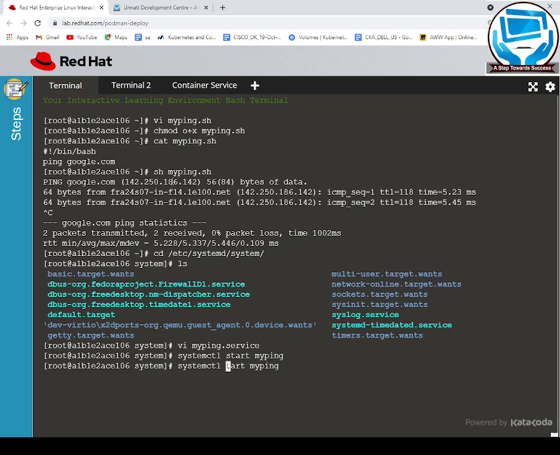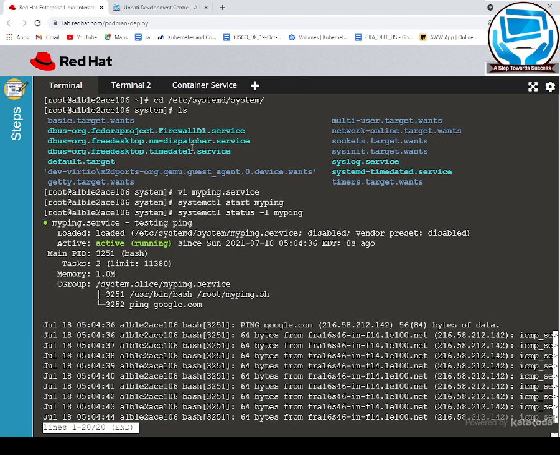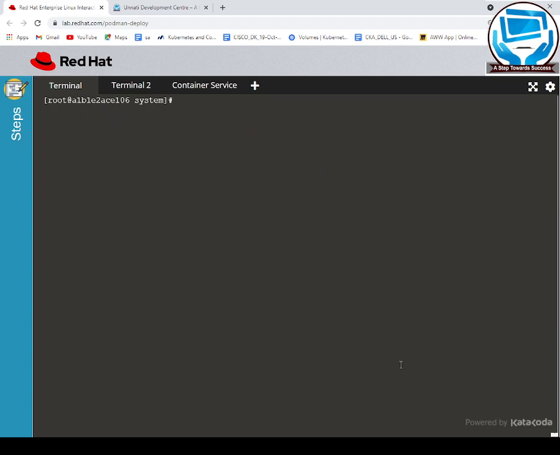If I check the status, you can simply see that the service is active and running, and you can see the logs also here. Very simple, right? That's how you can create a systemd unit or systemd service for your specific custom application.